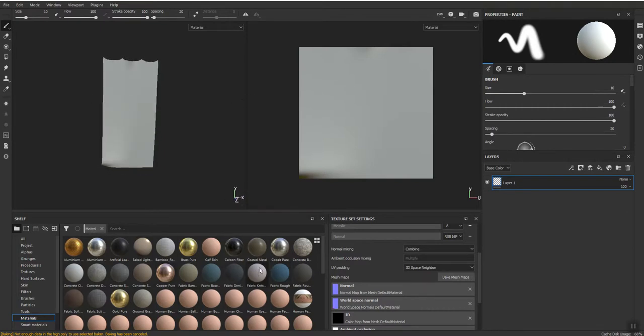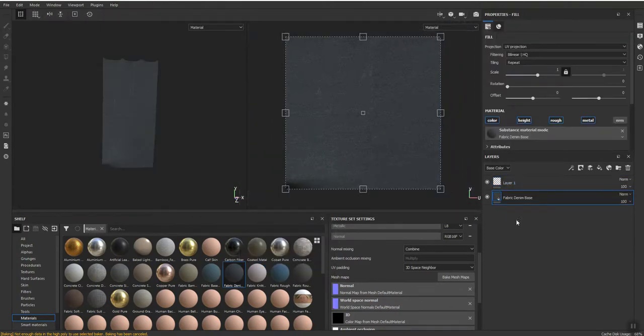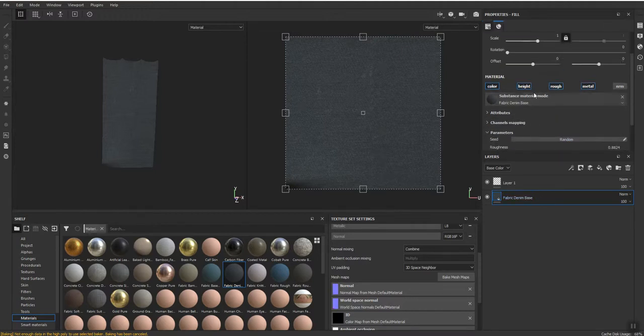So now I could just come into materials, and I can find a good material that I like to use on there. Fabric base, denim. Oh, the denim might be good. It's got kind of a stronger feel to it, and then all I would need to do is just go in here to,